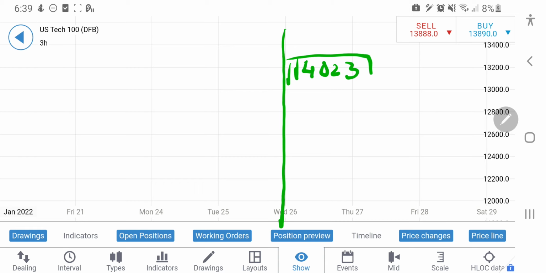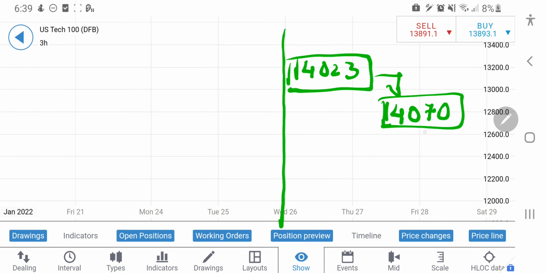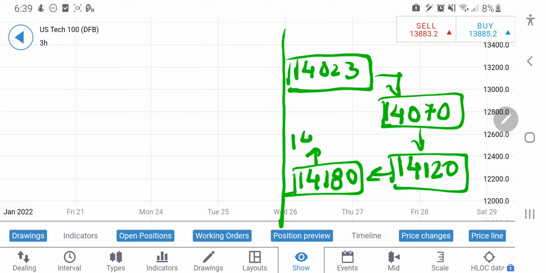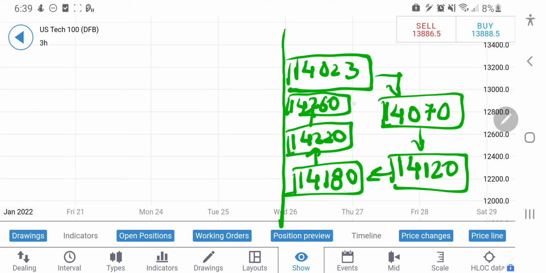I will suggest you take a long position only at 14023, where you can expect 14070 as the first support, first resistance for it to move further up, then 14120, then 14180, then 14220. Now if it breaks past this zone, definitely it will try to hit 14260 again, and beyond that